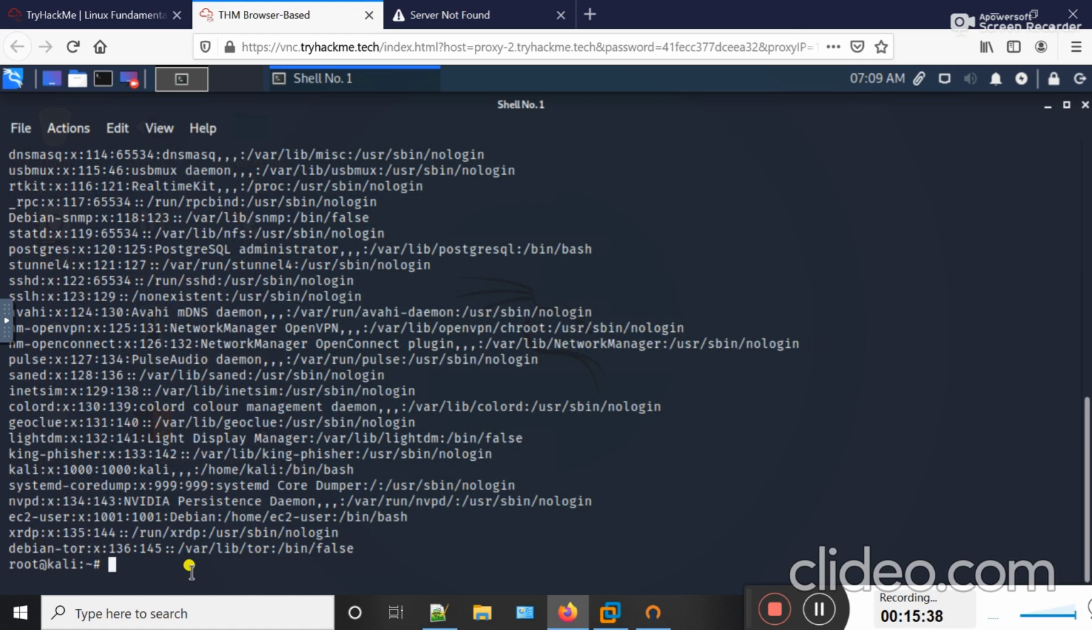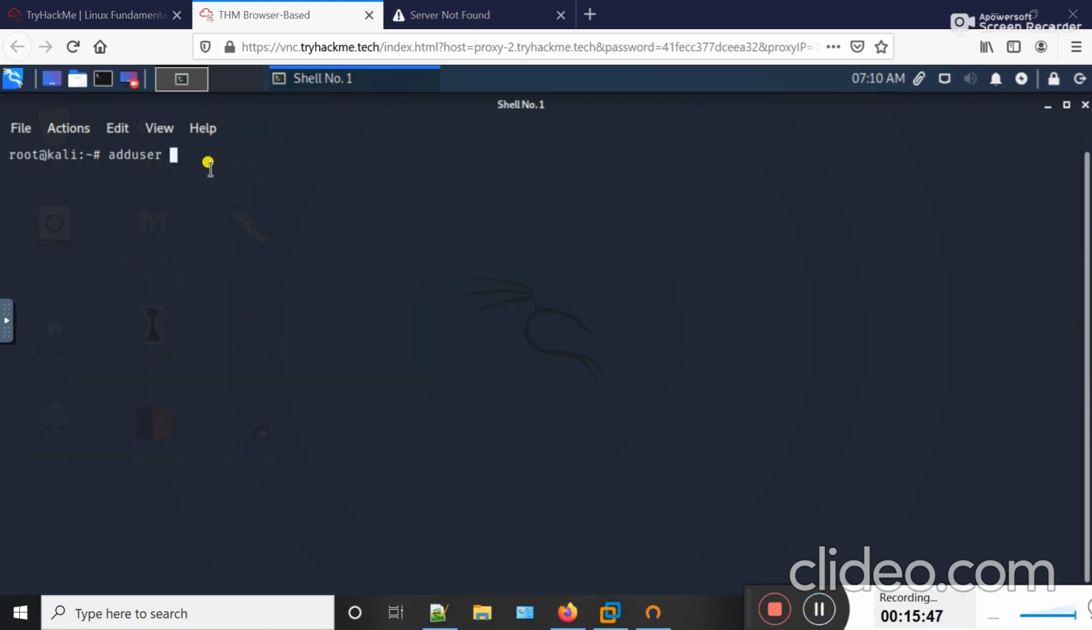Okay, how can I create a new user? I will use the adduser command: adduser and then the name of the user, that is Paradox, and hit enter. Right now, if I type